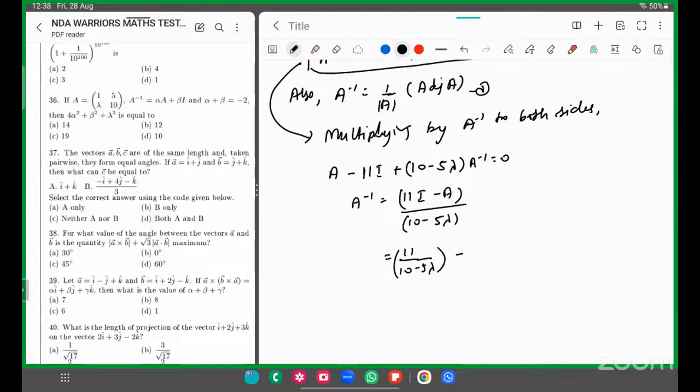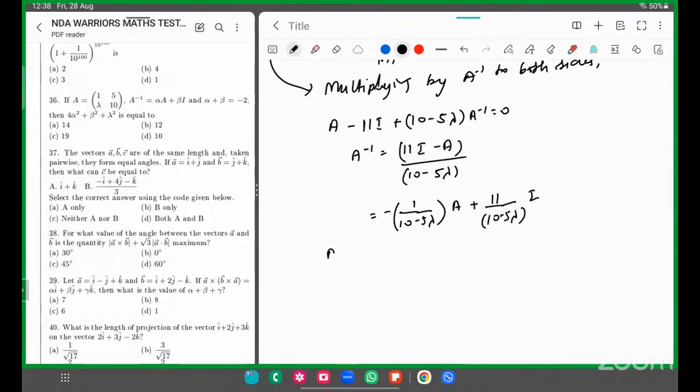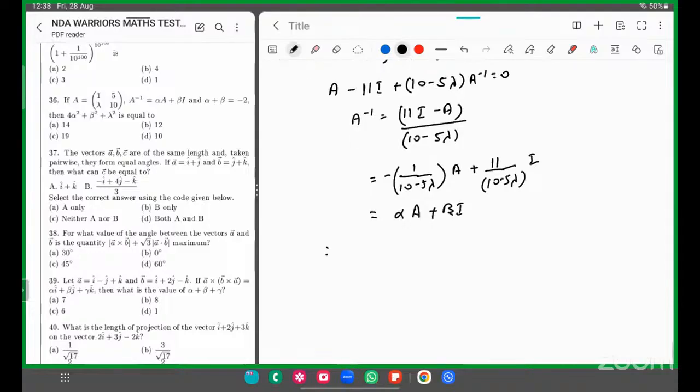माइनस अल्फा टाइम्स ऑफ A प्लस आइडेंटिटी को बाद में रखता है, A को रखना है तो क्या रखेंगे अपन, माइनस 1 अपॉन 10 माइनस 5 लैम्डा टाइम्स ऑफ A प्लस 11 अपॉन 10 माइनस 5 लैम्डा टाइम्स ऑफ आइडेंटिटी। क्वेश्चन में दिया हुआ है बाय कंपेयरिंग विच इज इक्वल टू अल्फा टाइम्स ऑफ A प्लस बीटा टाइम्स ऑफ identity, therefore alpha equal to -1 upon 10 minus 5 lambda and beta equal to 11 upon 10 minus 5 lambda like this। okay